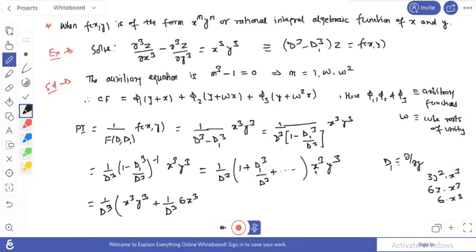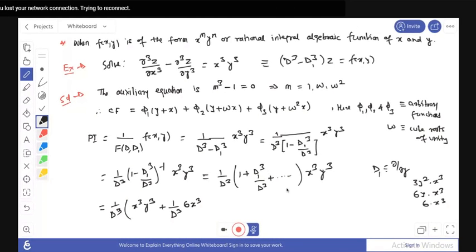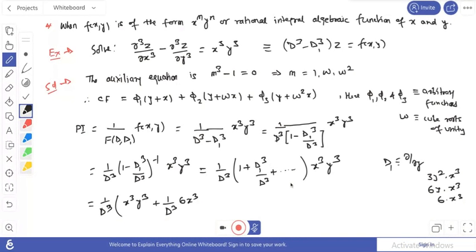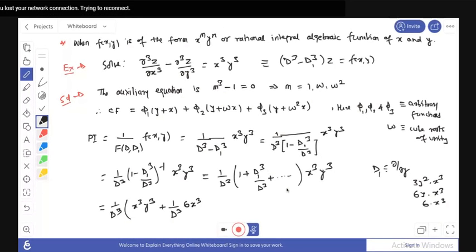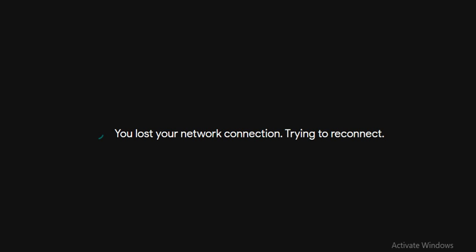If you operate that thing over d cube of x cube y cube, and here y to